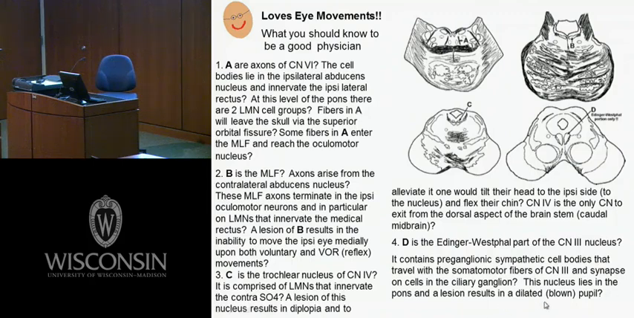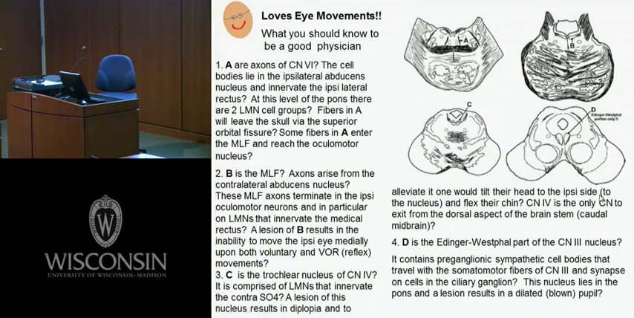Let's try C. Let me see if I was just as good on C. C is the trochlear. Now, don't anybody try to tell me that I'm pointing to the MLF there, all right? C is the trochlear nucleus, that's right. It is comprised of lower motor neurons that innervate the contralateral, yes. A lesion of this nucleus results in double vision, darn right. And to alleviate it, one would tilt their head to the